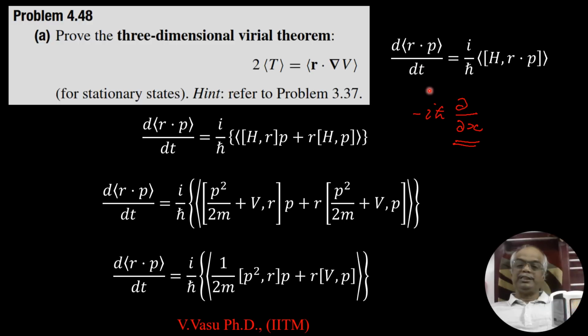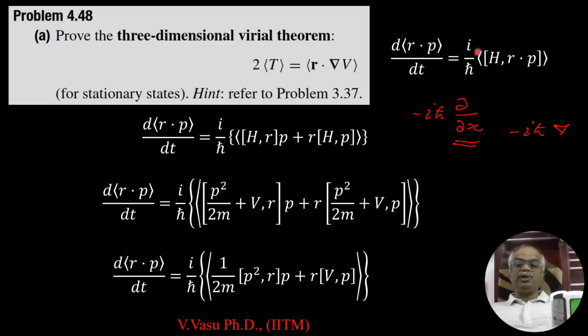In three dimensions, the momentum operator is minus i h cross gradient. So we have taken the time derivative of the expectation value of R dot P,